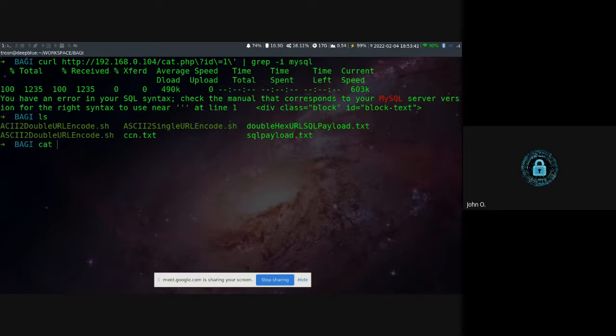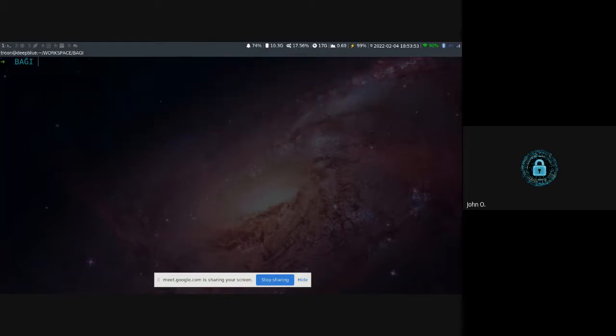Let's cut and check the size of this file. It's wc -l. I do have about 600 payloads. I can try all of this and then just see how it behaves. So I can try something like for x in, or rather maybe for payload in cat, which is a SQL file. Do something like